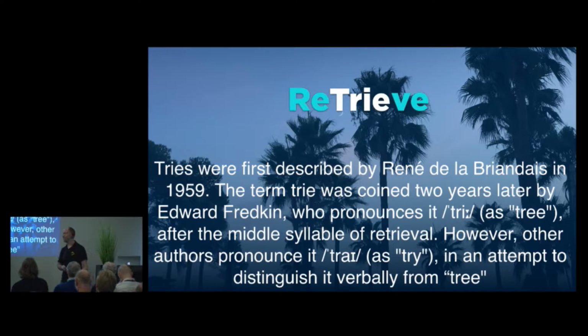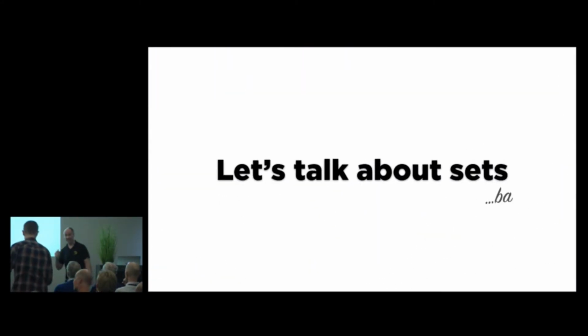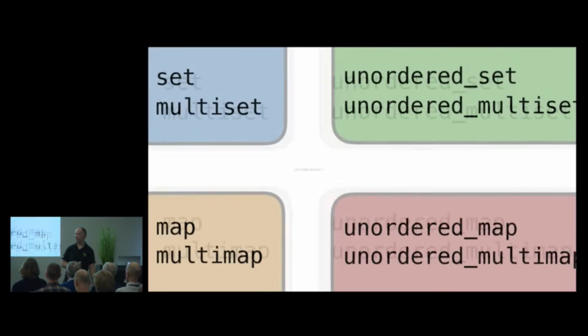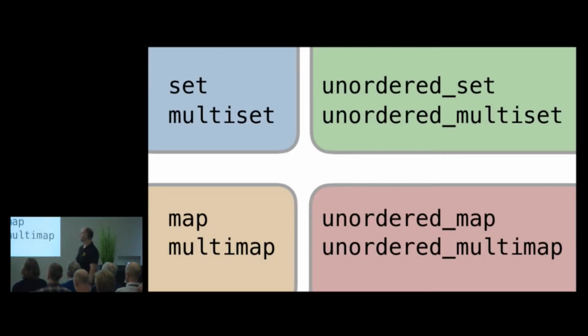So there's that. All right, let's mix it up a bit. Let's talk about sets. In fact, more generally, I want to talk about associative data structures in C++, of which there are currently 8. Here's all of them. Nicely grouped together in these obvious pairings. We've got the single and the multi-value versions. I'm sure I don't need to explain what the differences are. But in terms of underlying data structure, there's really no difference. This is really more of a constraint on insertion. There may be implications, but usually it's the same underlying implementation.